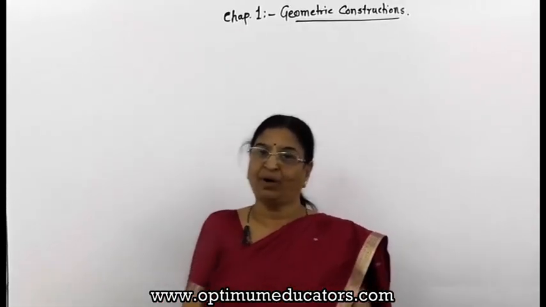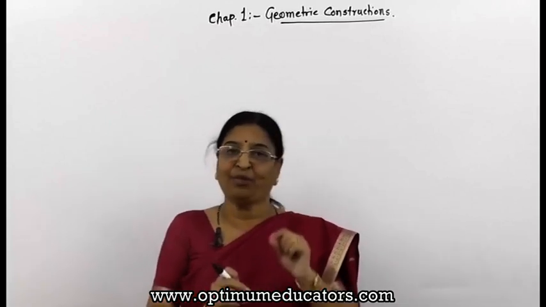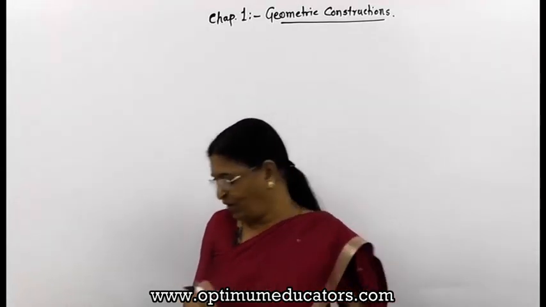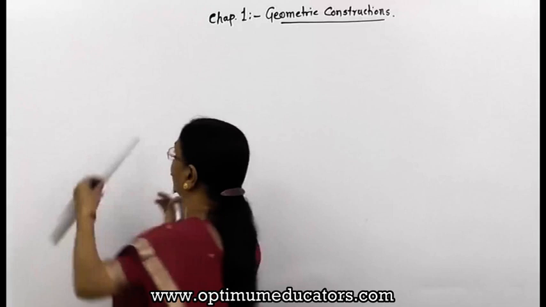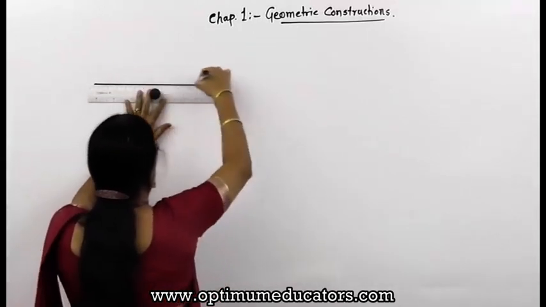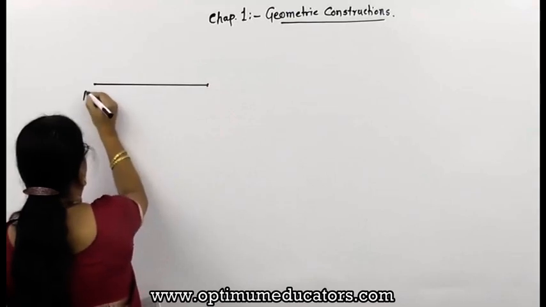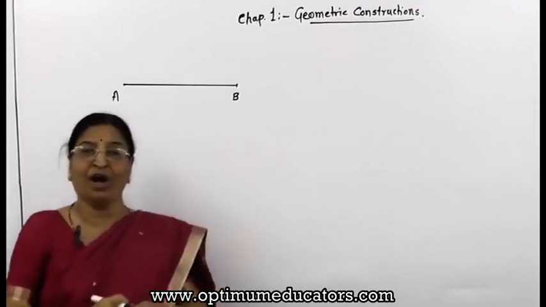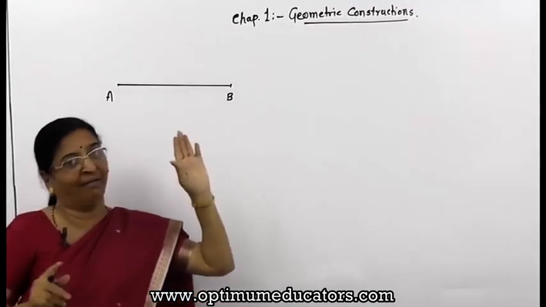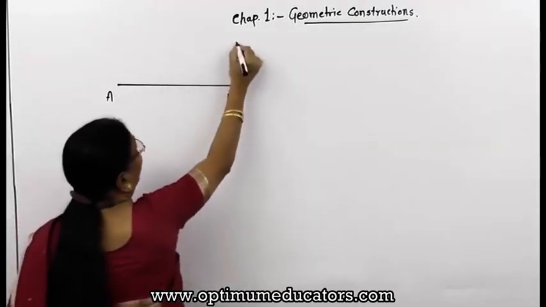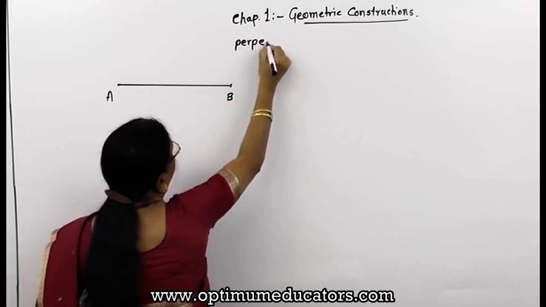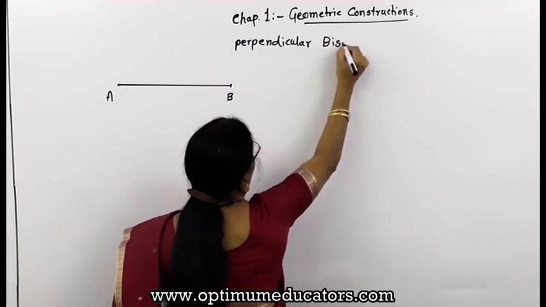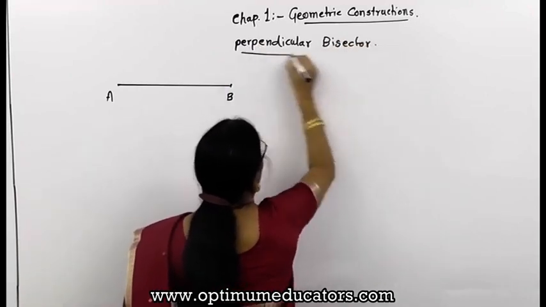Now we have learned about the angle bisector. One more important concept is the perpendicular bisector of a line segment. When any line is given, I will draw one segment and suppose I want to bisect it. This is given for a particular length. Now how will you draw a bisector? You have an idea. What is a bisector? Again, I will write here perpendicular bisector.